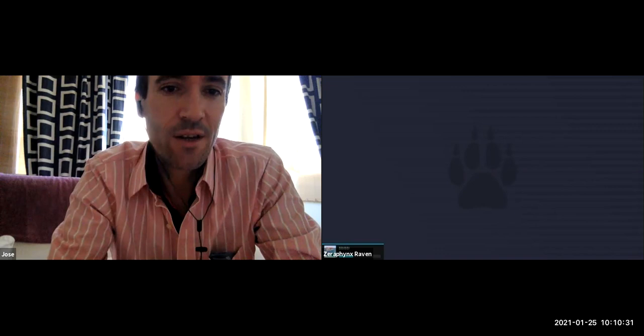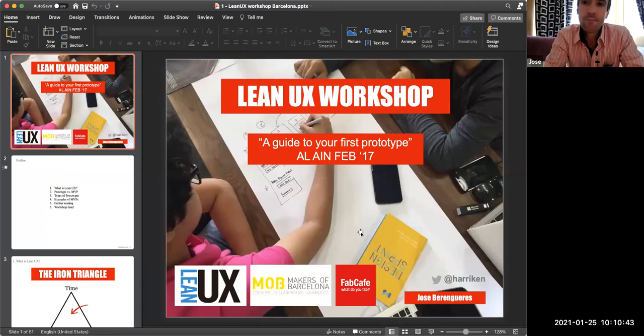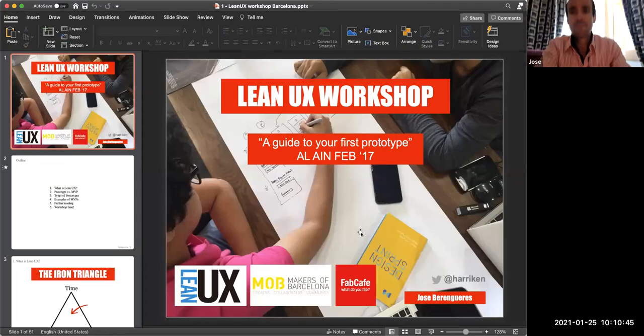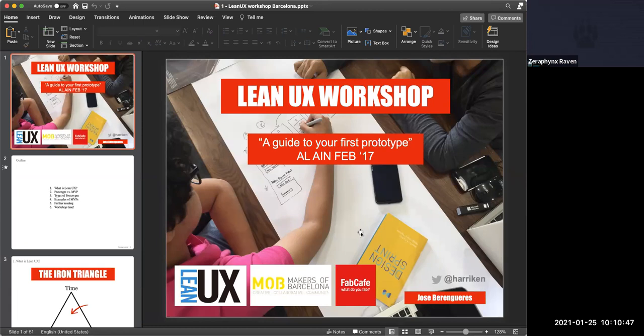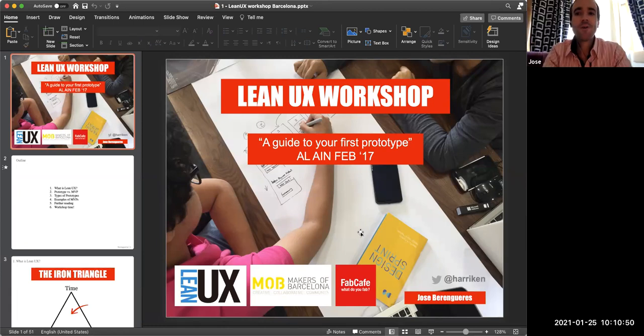Let me share the screen. Okay, can you see the screen? Yes. Great. So this flavor of Agile is called Lean UX. It's one of my favorites.